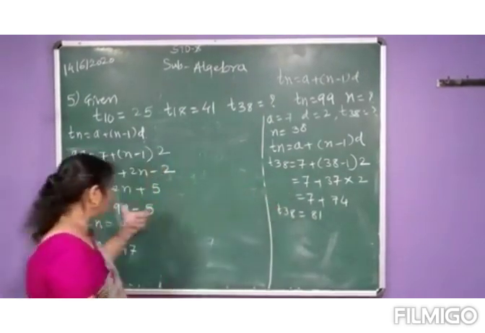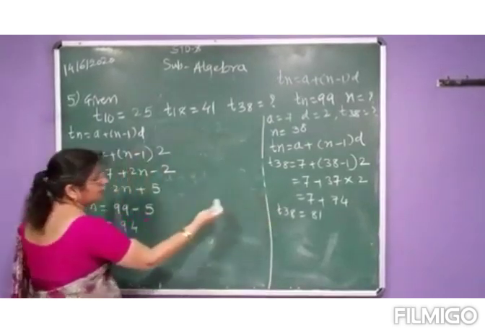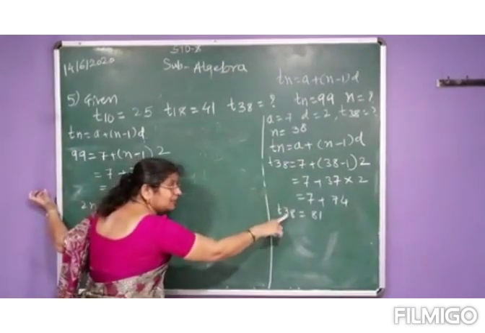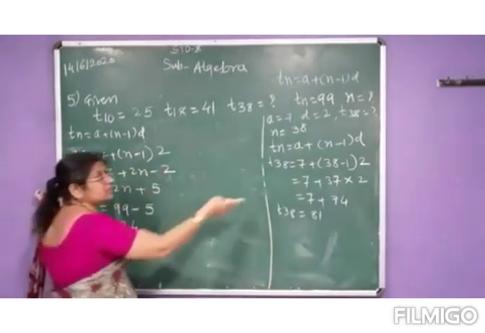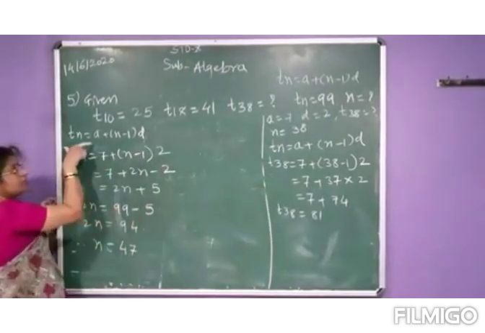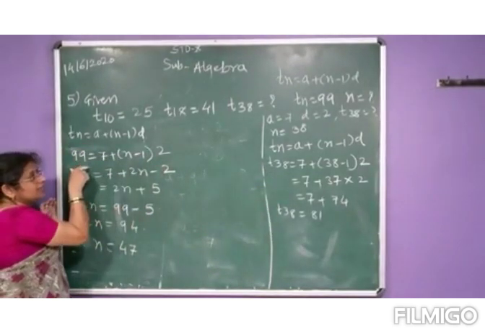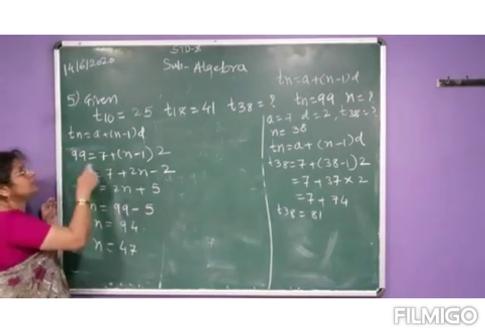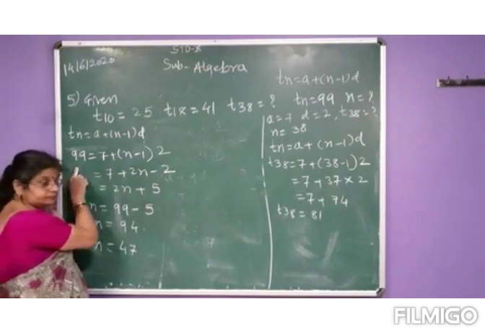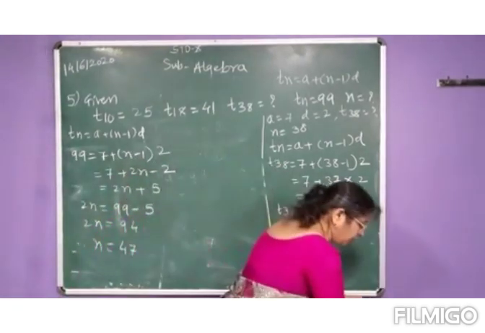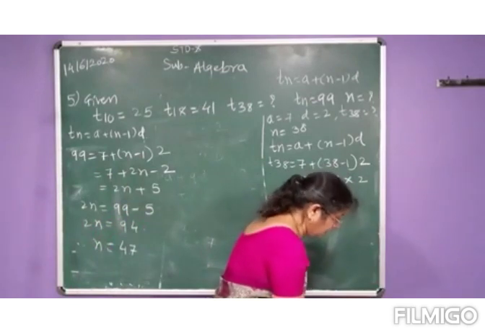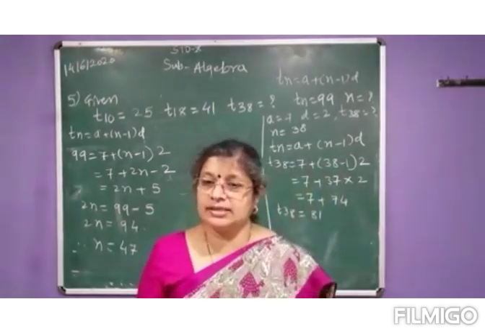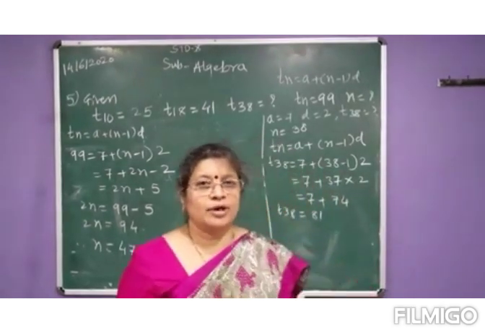So see, by these two, whatever we have solved, you will come to know that in one we found the nth term, that is the 38th term, and here the value of Tn is given. In this arithmetic progression, the 47th term is 99. Have you understood this? All 5 solved examples. Now in the next lecture, what we are going to see is practice set 3.2.